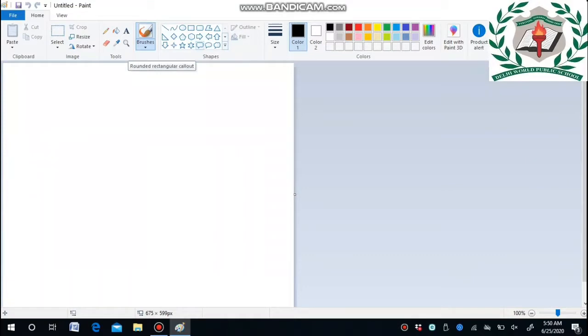Like that, many shapes are available in Paint. Whatever you want, you may just take it and then shape it and then color it.